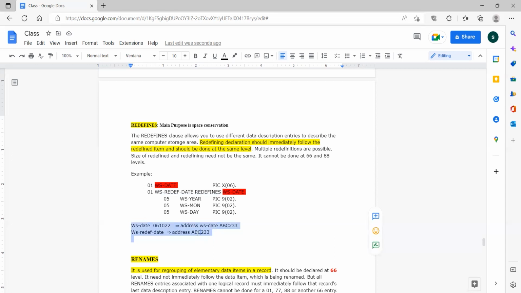This will be one of the questions you will always encounter in the interview. If you are able to understand it, then only you will be able to answer that question in the interview. So the basic definition is: the REDEFINES clause allows you to use different data description entries to describe the same computer storage